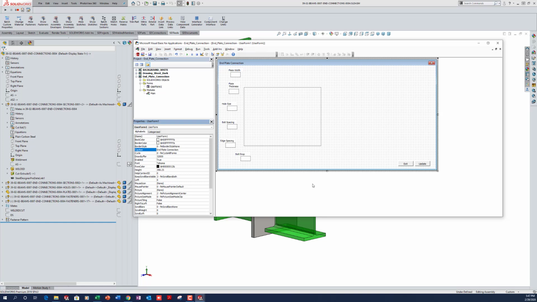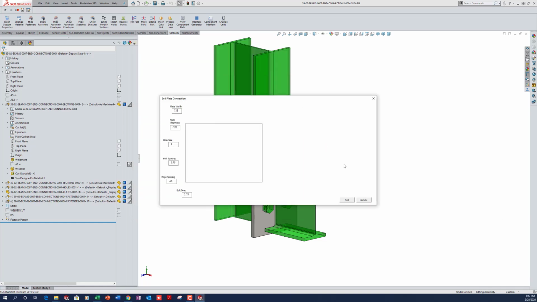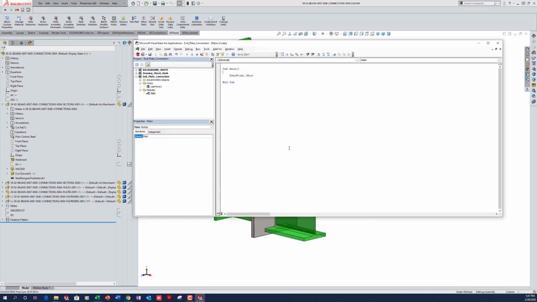So now I'll save this, and I'll clear it, and I'll hit run. And you see now that all of these file properties that I actually typed in came through. Now we can just exit this,